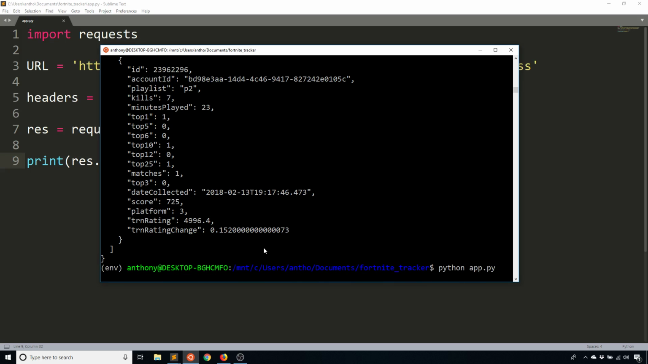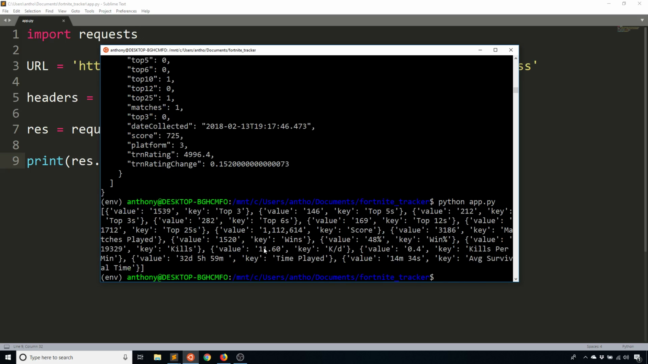So if I run the Python app again, we see I get far less data, and this data is basically his overall stats since he's played the game. So you see for top 3, it has a value of 1539, so he's finished in the top 3 1,539 times. You can see top 5s, which appears to be wrong. I mean, he has more top 3s than top 5s, which doesn't make any sense. But